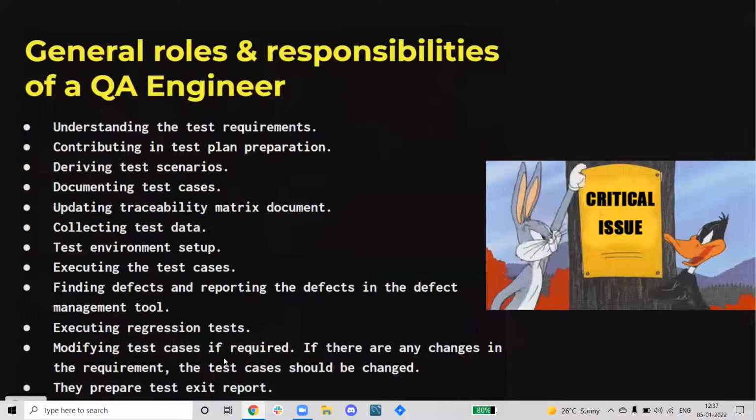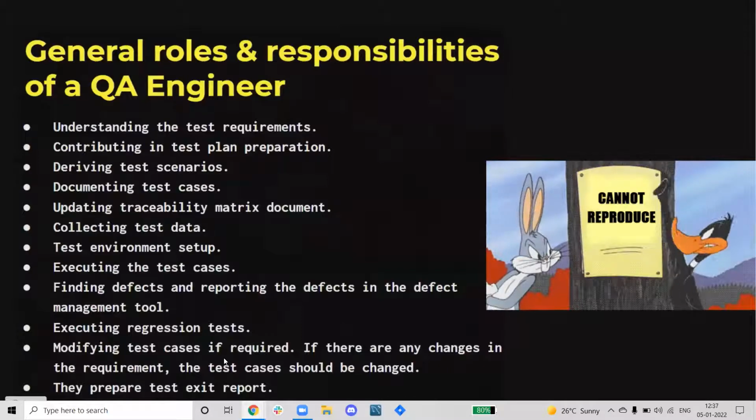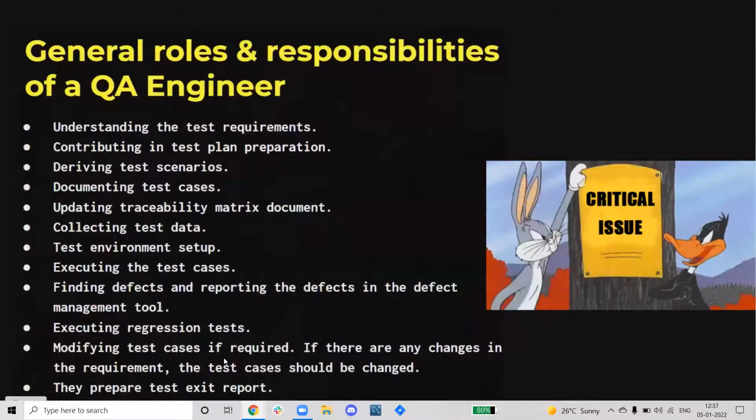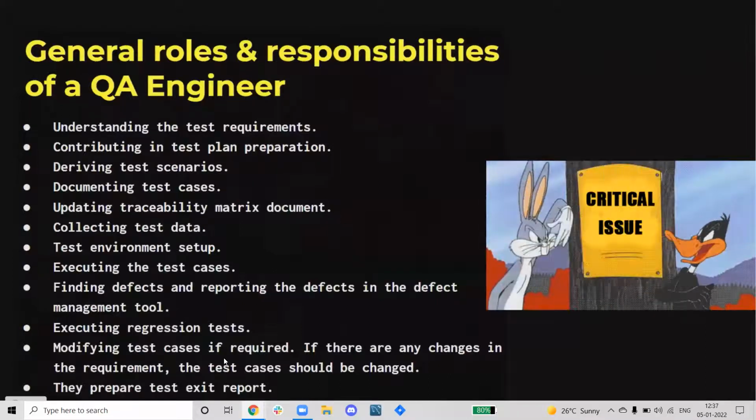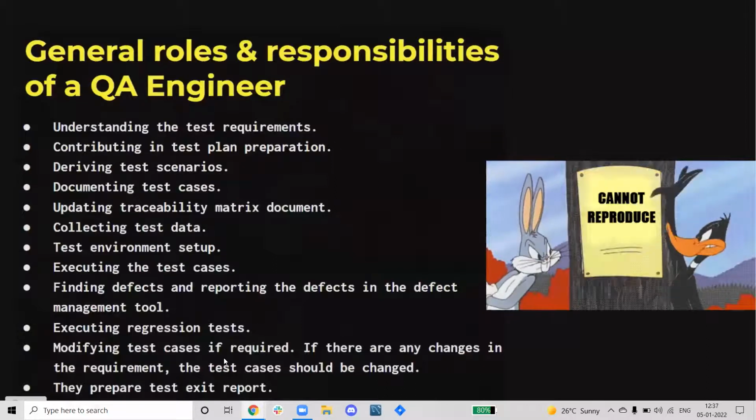It is where defects are managed. They identify the defects, raise the defects, and assign them to the developers. The developers fix the defects and give them back to the testing team. The testing team has to retest the application.